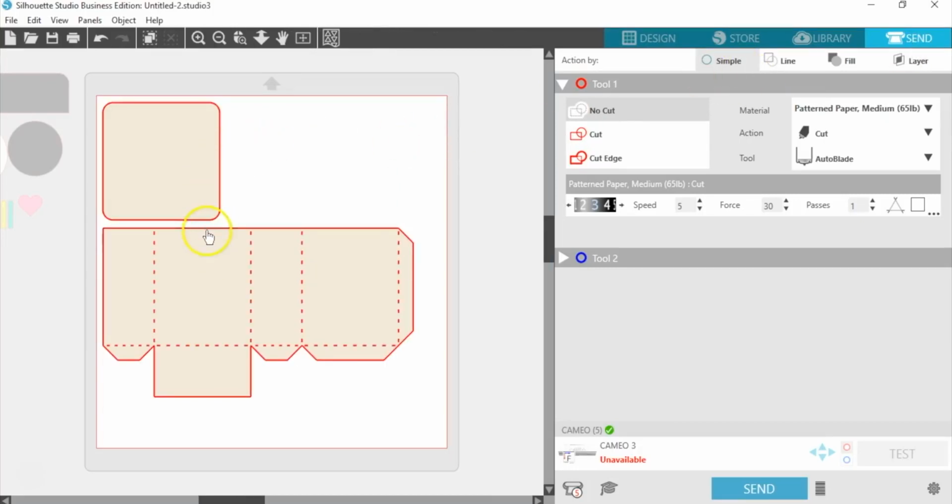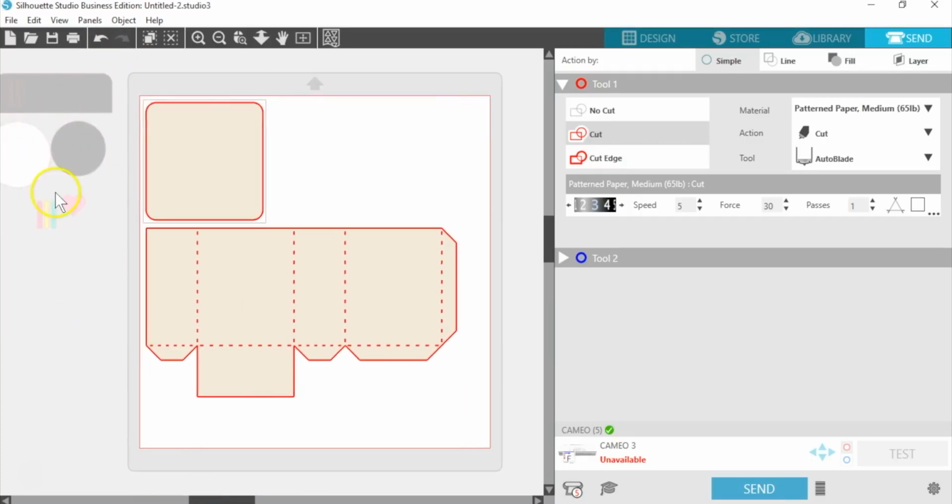So this cut preview shows with bold lines what is going to cut. So you know where the machine intends to cut. If you need to turn something, if you don't want it to cut, you can either move it off to the side, or you've got choices like changing it to no cut or cut and cut edge. And we'll cover that again with another project. You'll notice that these pieces off to the side here do not show the bold lines, so you know that they're not going to cut.